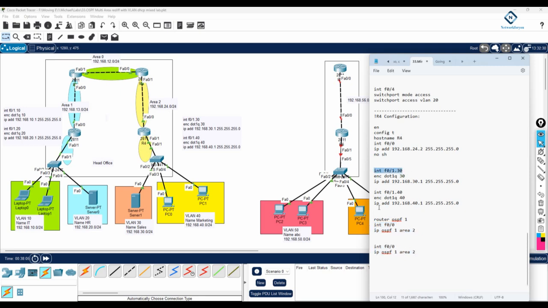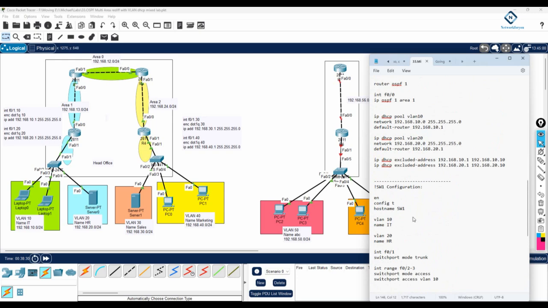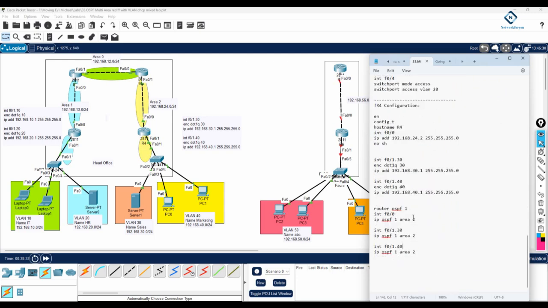So this one is one interface, and you have another one. This one is another interface. Okay, this one is clear. We enable the OSPF, like router OSPF 1, this interface is going here, and here you have two sub interfaces, f1/30, f1/40, and this one is okay. And we can check in switch 1, switch 2, everything is okay. And here you need to configure the DHCP also